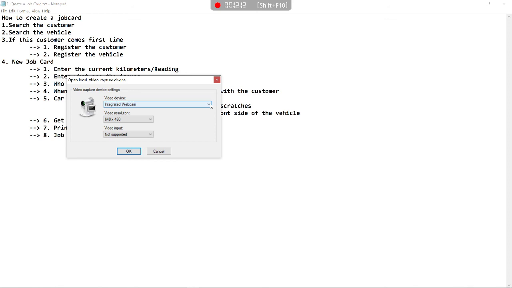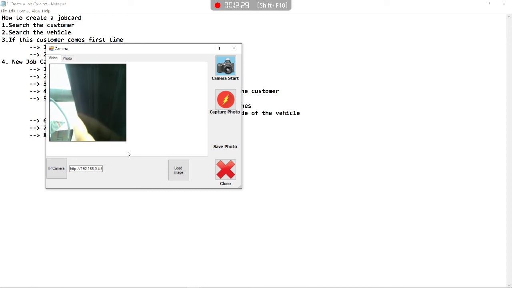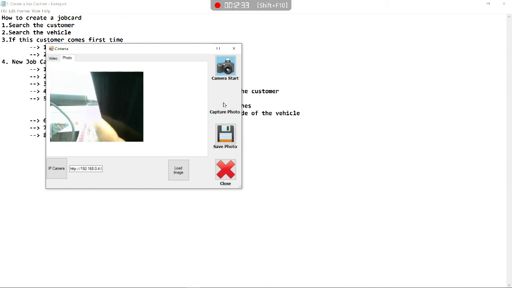Once you click this, see this, actually in front of the car, you have to take the photo. So capture photo, save.